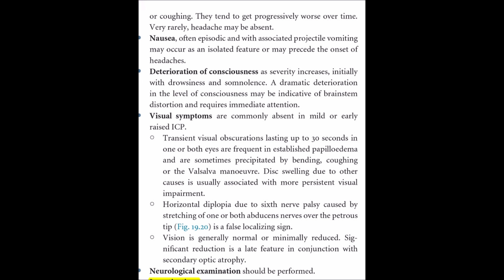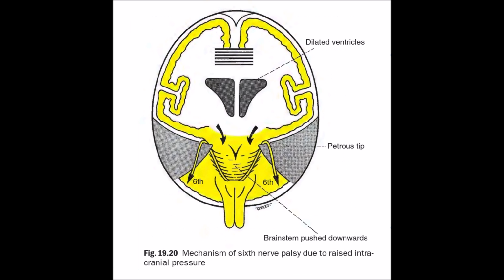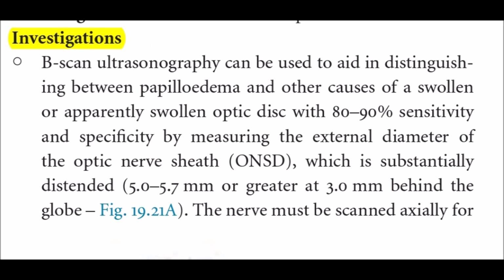Next would be investigations, but before that, I would like to show this diagram where you can see the abducens nerve over the petrous tip and dilated ventricles and how raised intracranial pressure affects them, causing pressure on the abducens nerve resulting in palsy or paresis. The most important investigation is B scan ultrasonography, and it can be used to aid in